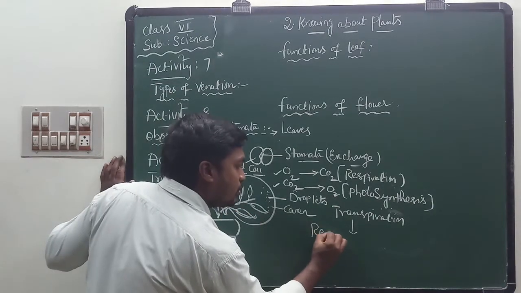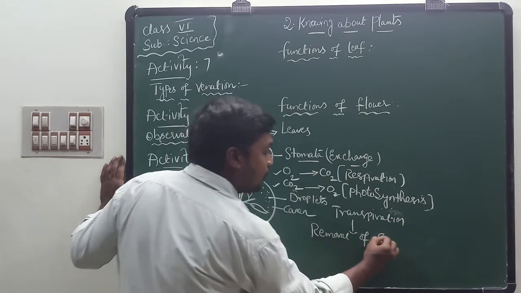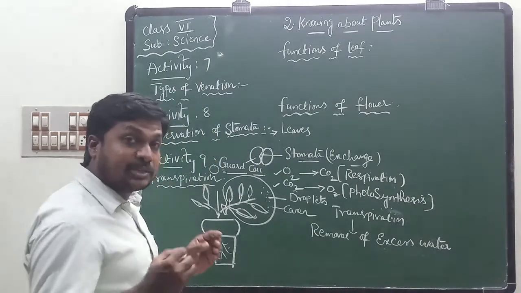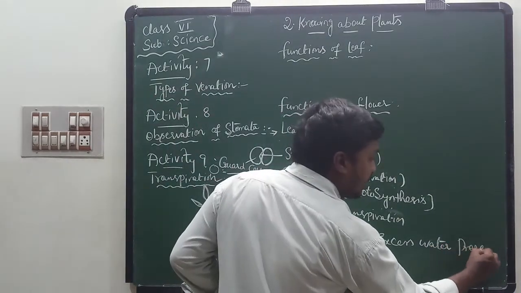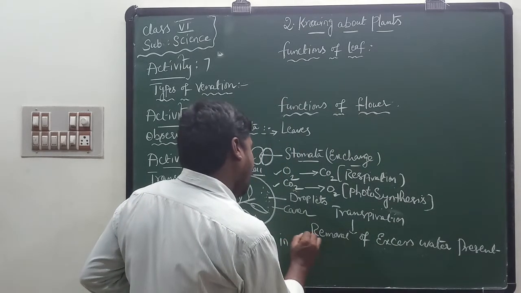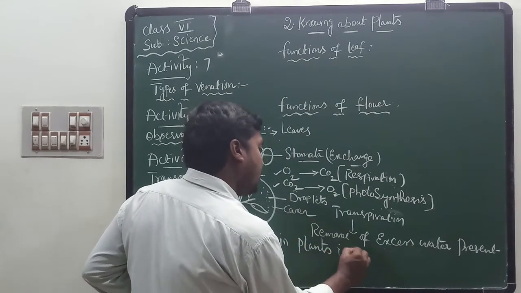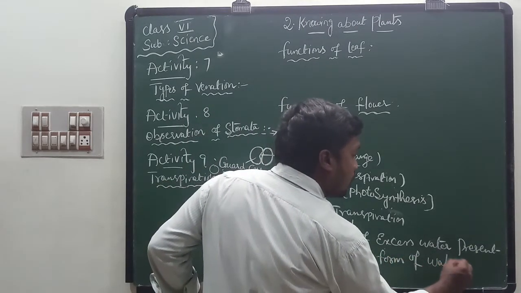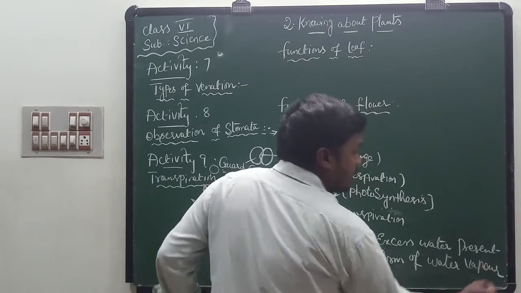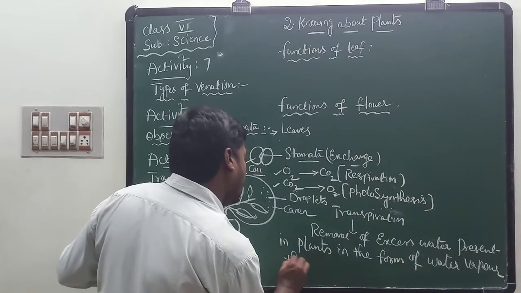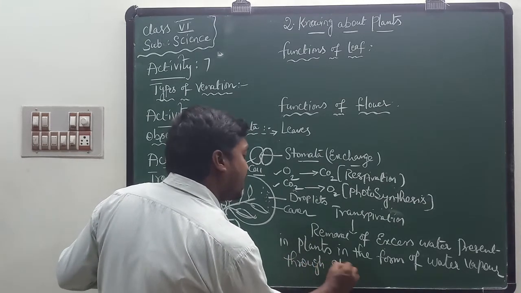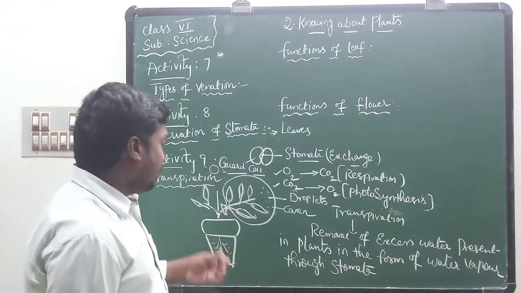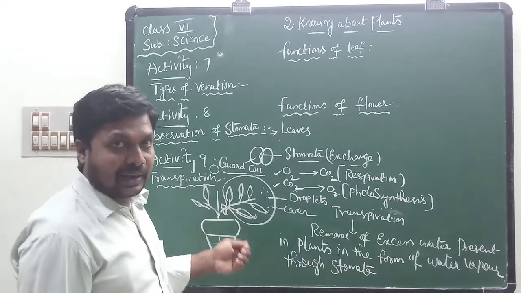Transpiration means removal of excess water present in plants in the form of water vapor through stomata. It is called transpiration. Do you know, when you keep a potted plant in sunlight and cover a branch of the plant with a polythene cover, after some time if you observe, we can find